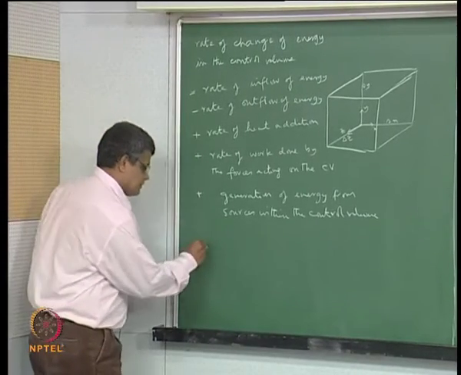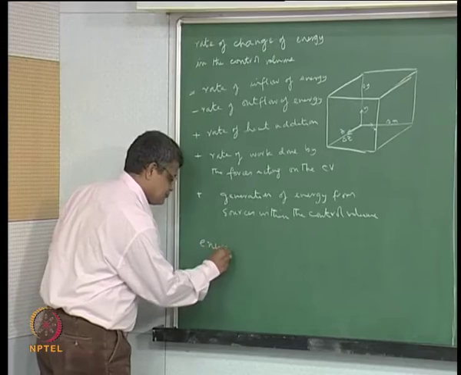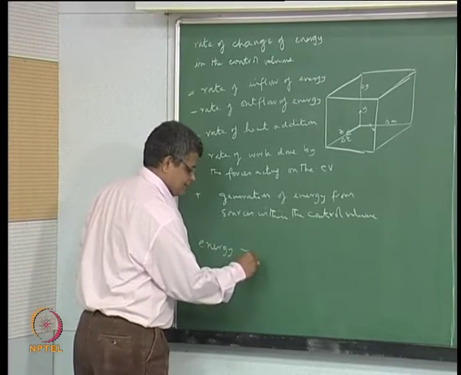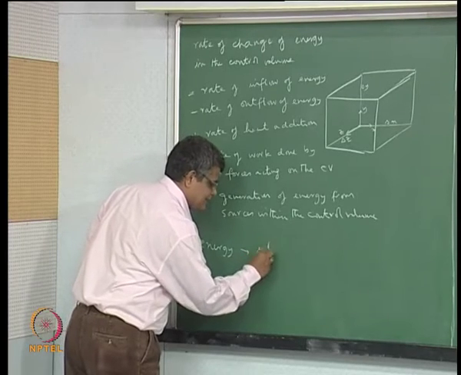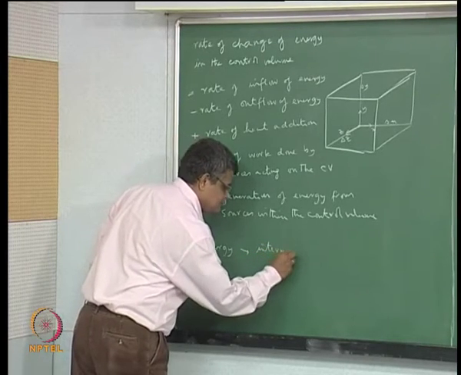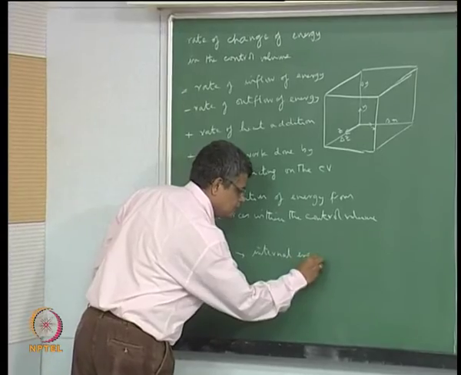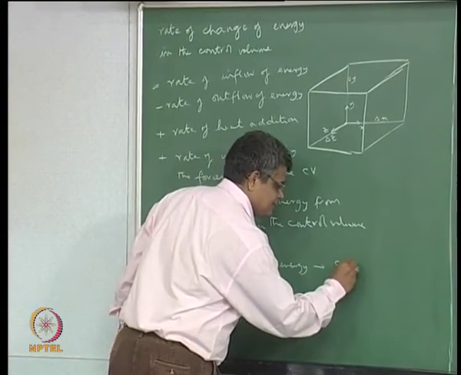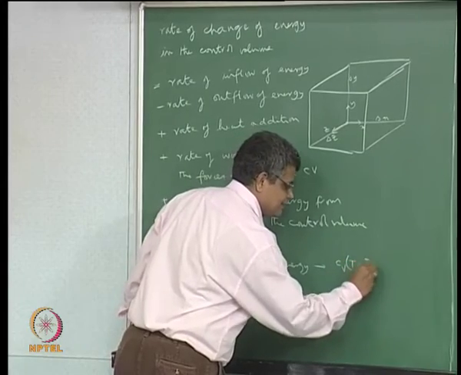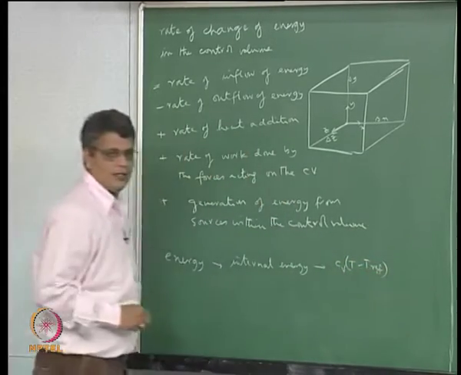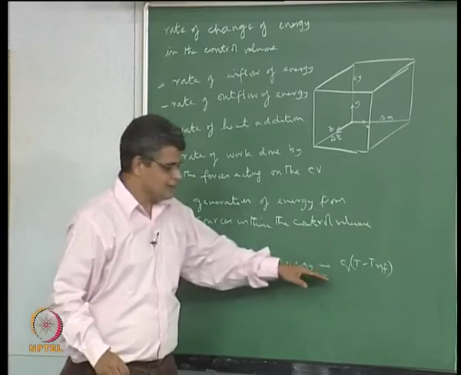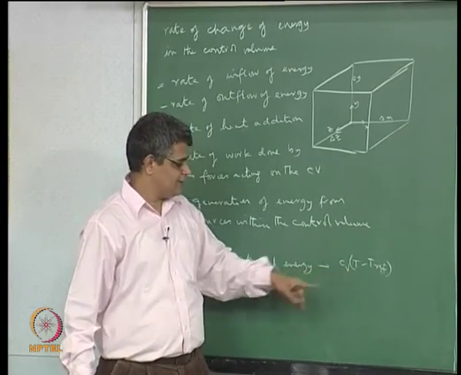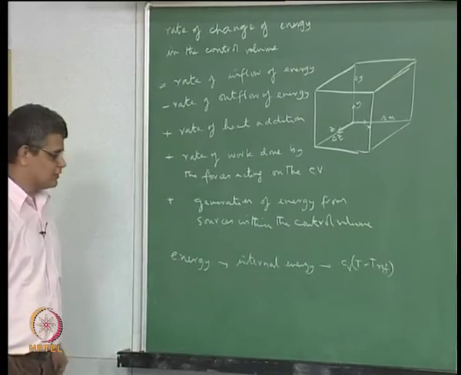We are talking about energy as that associated with what is known as the internal energy, which is CV times (T minus T reference). So, this is the energy associated with the fluid having a temperature T, where CV here is the specific heat at constant volume,